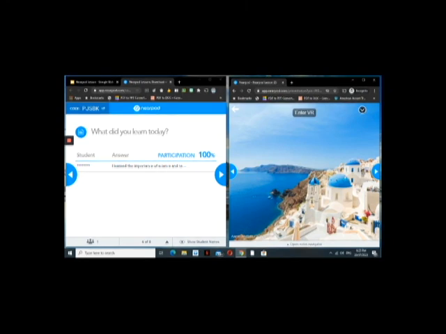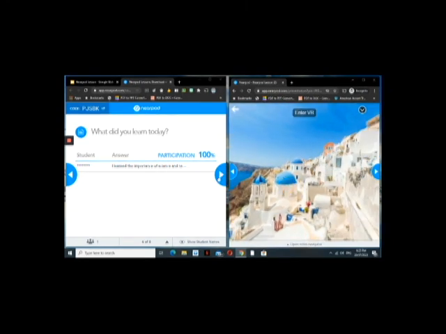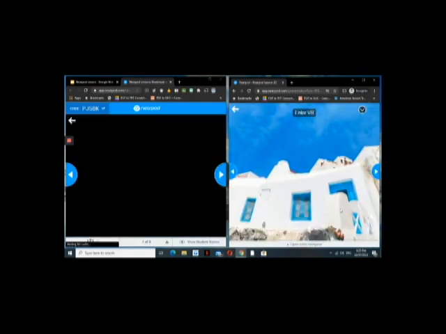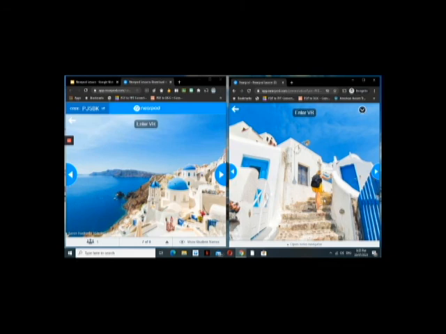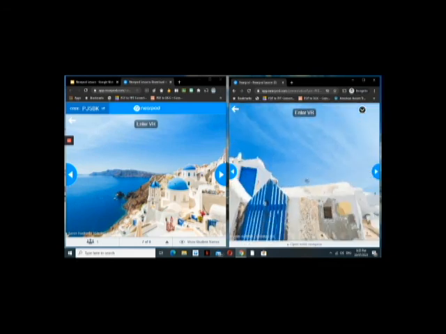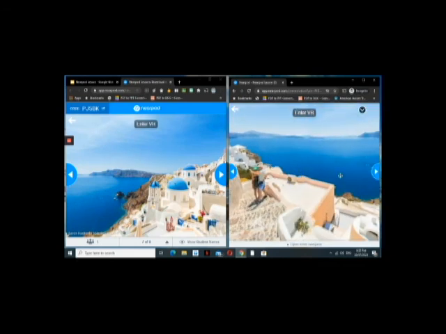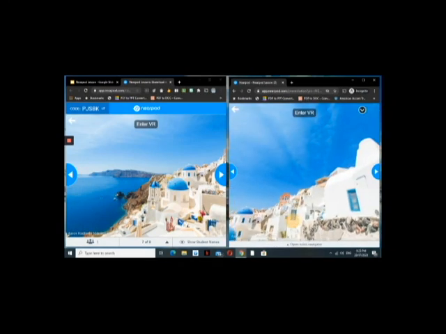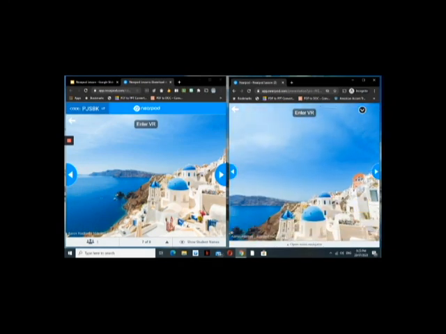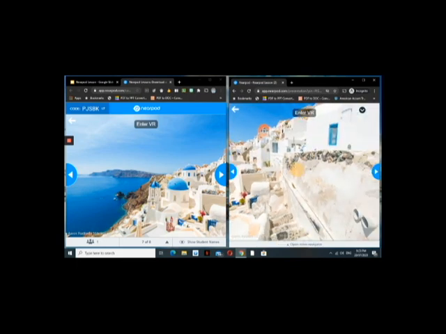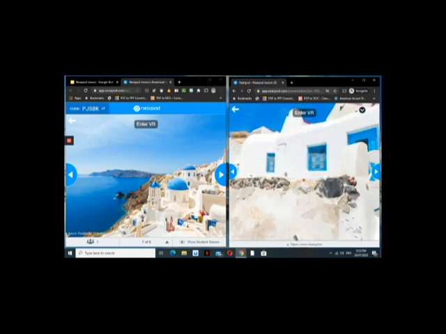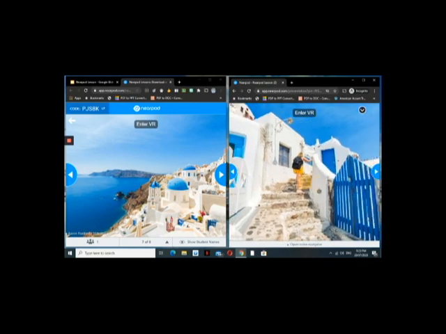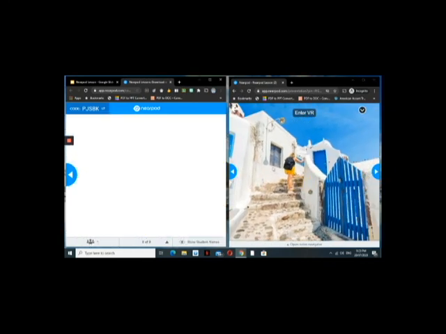Okay, now let's proceed to the virtual world. So as you can see, the students can have a glimpse of virtual reality. Then you can just ask them a question. What did you see in the field trip? How was it? How was the feeling going to a different country? Okay. Then if you click on next,